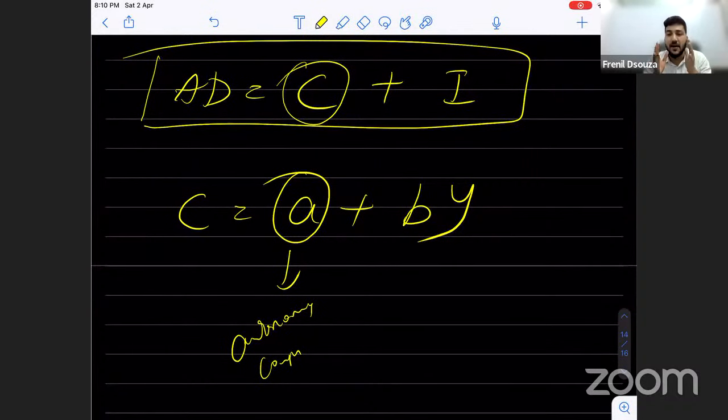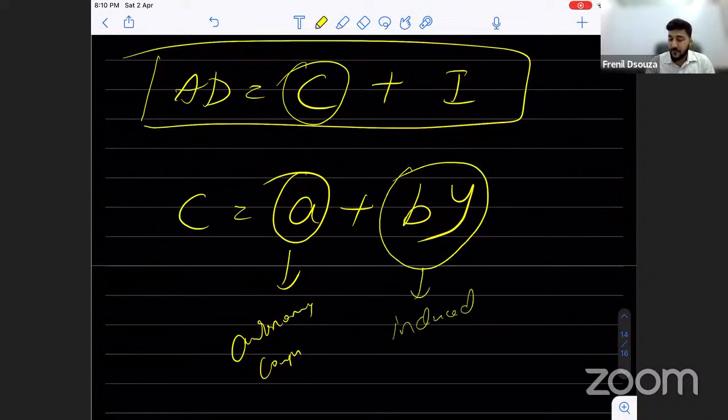Let me tell you in the simplest way possible. When I say consumption, there are two types of consumption. One is called autonomous consumption, and the second is called induced consumption. What do you mean by autonomous consumption? See, now you are a student, right? Do you earn money? You don't earn money. But do you consume goods and services? Yes. Probably while you're watching these revision lectures, you're having a coffee. Now, what are you doing? You're consuming goods. But have you paid for it? No, somebody else paid for it, but you're still consuming it.